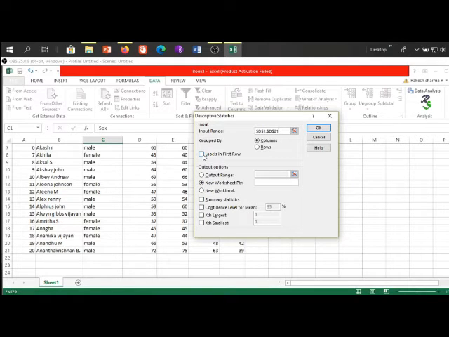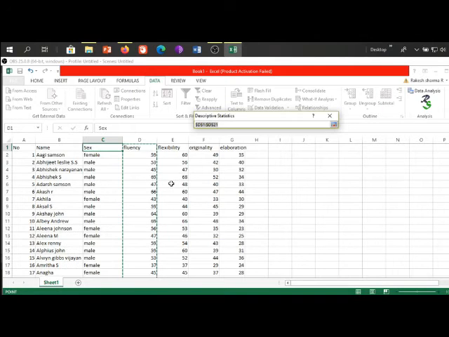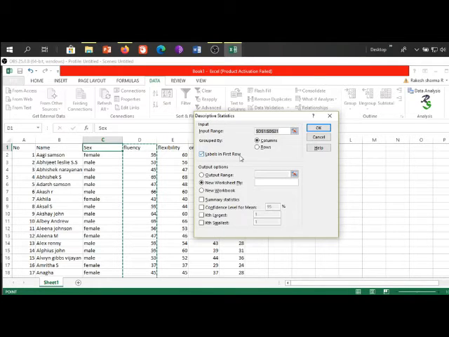Here you need to click Labels in First Row. Why is this so? Because here in the options, fluency, flexibility, elaboration and originality, it is just the variable that is being indicated. It's not a numeral. Hence, it has to be the label that should be there in the first row. If you do not click this particular option, you may not get the result.